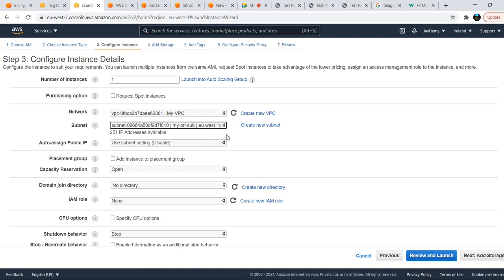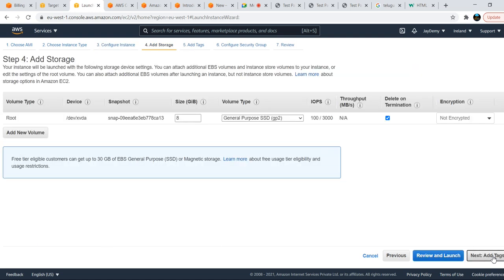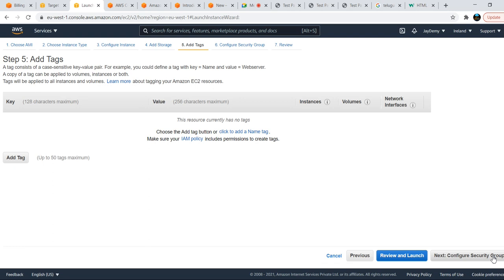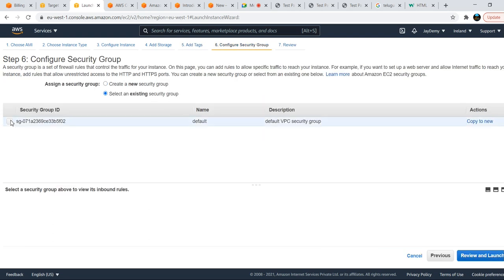As I mentioned in the VPC class already, if you choose your private subnet, the auto-assign public IP setting is disabled by default because it is a private one. If you want to enable it, you can, but there is no use, since you can't connect to this machine with the help of a public IP. That is your choice. So we will enable it for one machine, and for the second machine we will go with the default settings. Then we will see the difference between enabling and not enabling. Use the security group.